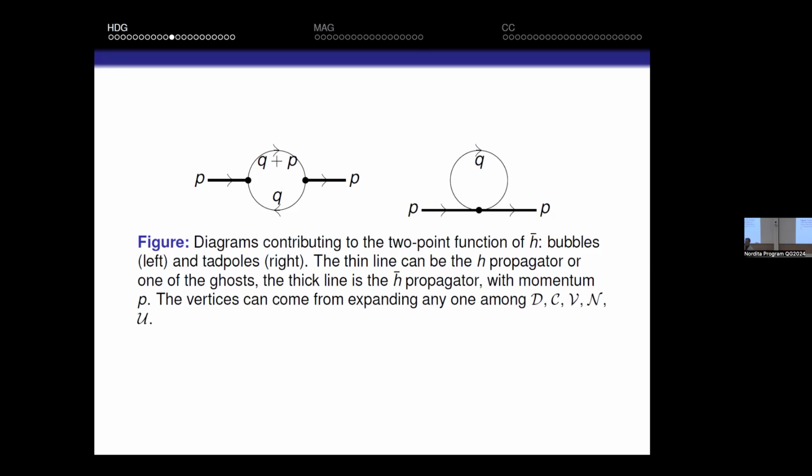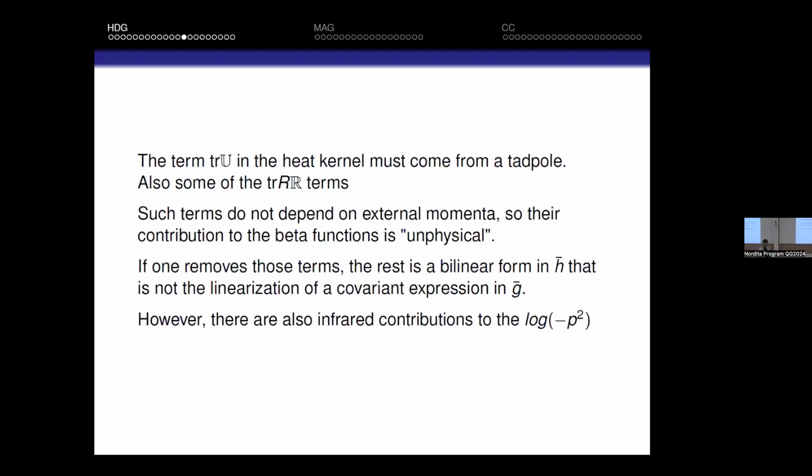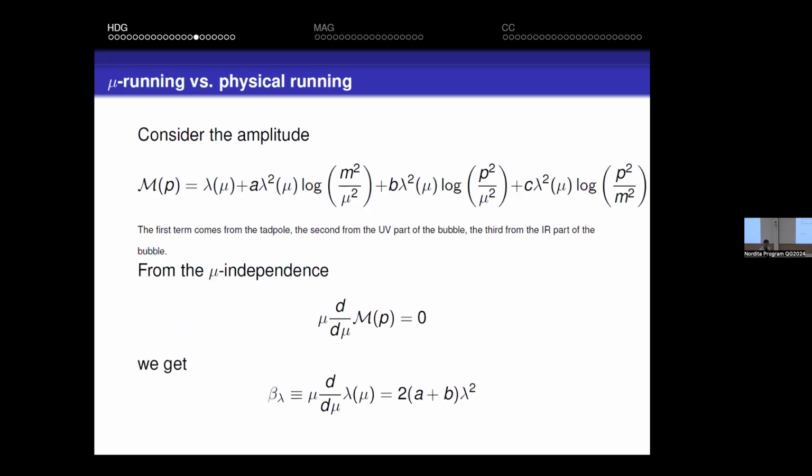So this was the first hint that there is something strange going on with these beta functions that are known for a long time. And then the point is just to compute what we call the physical ones. Now, perhaps I have the slide here that may help to clarify. This is very similar to what John has already written there. Suppose you have a hypothetical amplitude that is a function of the external momentum P, where the tree-level term is some coupling lambda, and then you have quantum contributions.